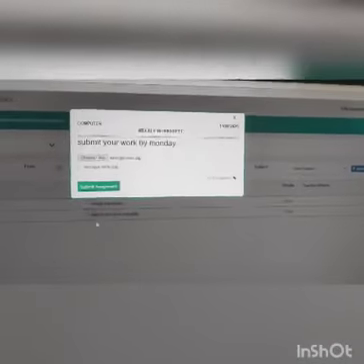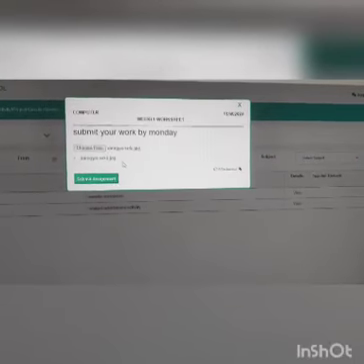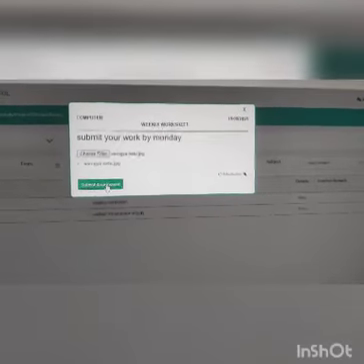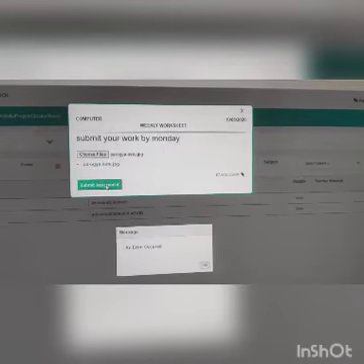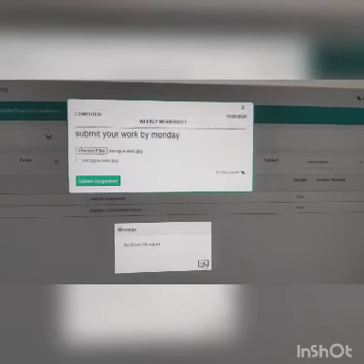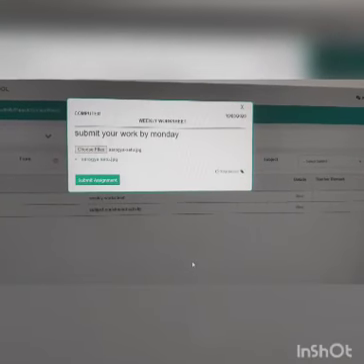Now the file has been uploaded and the child will say submit assignment. Right now some error has been flashed over here and I am unable to proceed. When I was trying to upload a PDF file, the same message came that I can upload only a JPG file. That means the children are not permitted to upload PDF files.